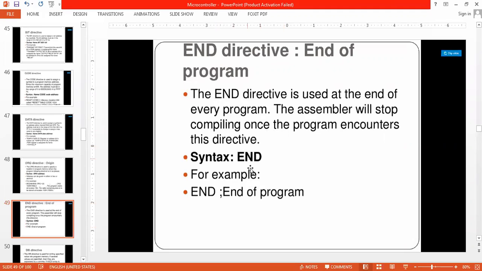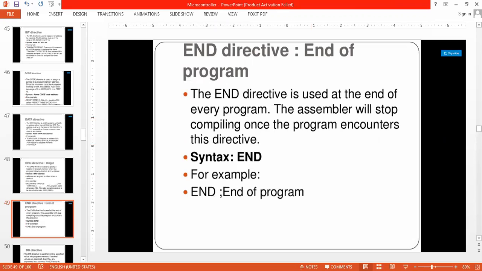It is so simple. Just write end after the final instruction. The assembler will stop compiling once the program encounters this directive.